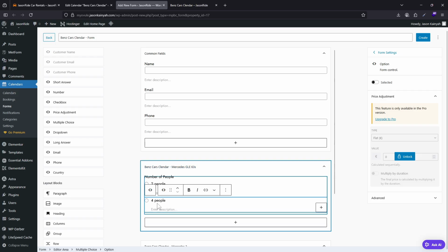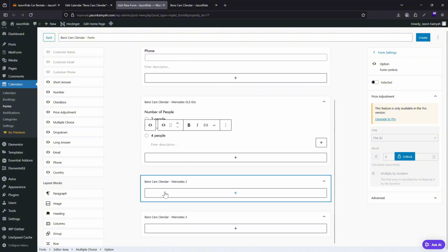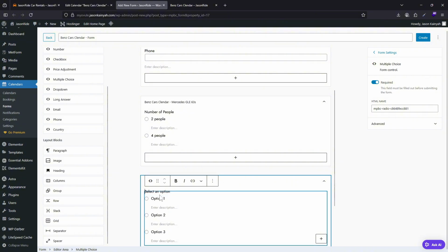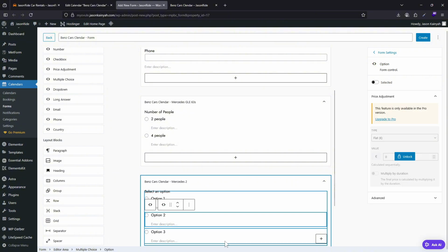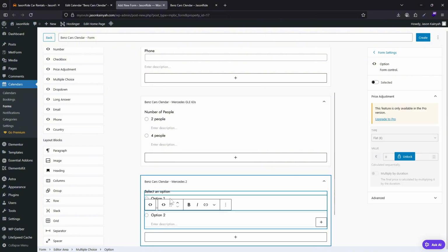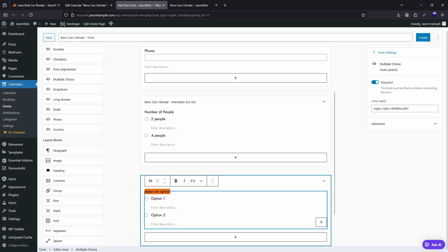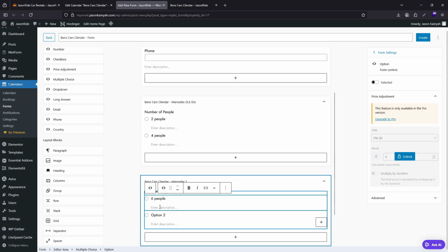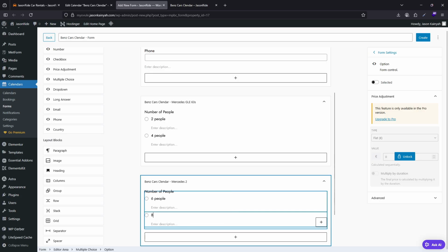So just 2 for now, and no descriptions. So this is one of them. Let's say for this car, I can accept bigger people, I can accept a bigger number of people. That's what I meant. So I can click on the plus button here, and I can choose multiple choice again. But let me get rid of the 3rd option. Instead, I want this to be number of people as well. But this one, I'll make it, let's say 6 people, and then here I can make it 8 people as